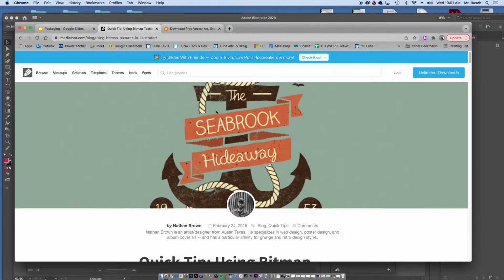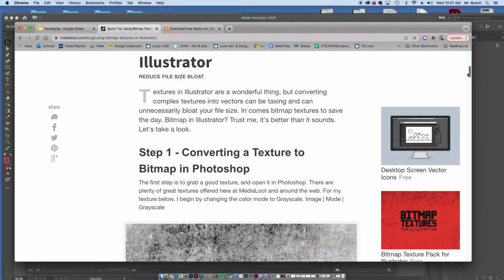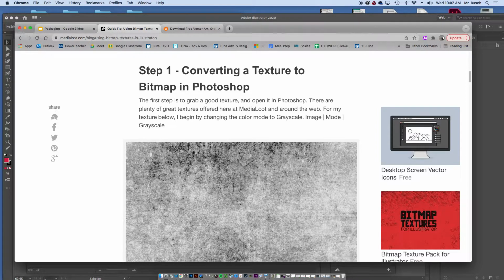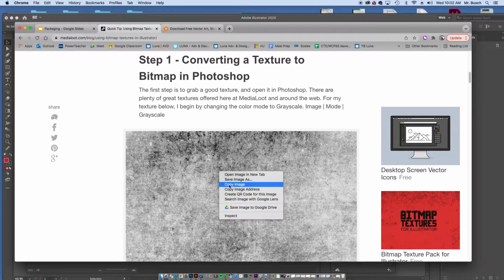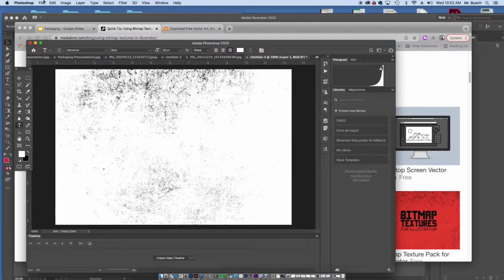We're going to use this one from this guy named Nathan Brown here. Thanks to him. Really appreciate it. We're going to use this in the class. See this texture. Okay, so first thing I'm going to do is scroll down, and the first step in this is copying this image. I'm going to take it into